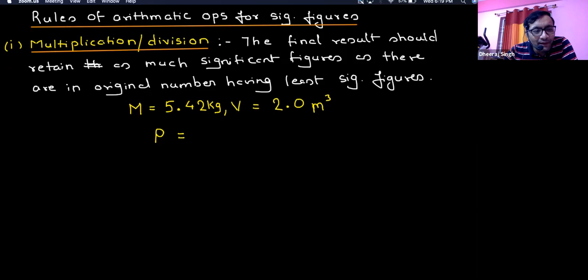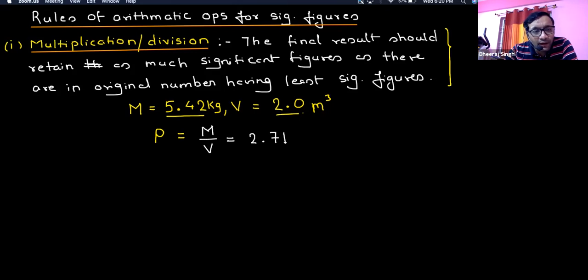Ansh, have you multiplied mass with volume? Density is mass divided by volume. Silly error, huh? Mass divided by volume, how much it is? All of you, please tell me the answer. And use this rule when you're telling me the answer. Use the rule. How much is mass divided by volume in this case? You'll get